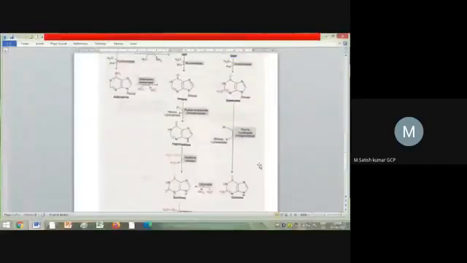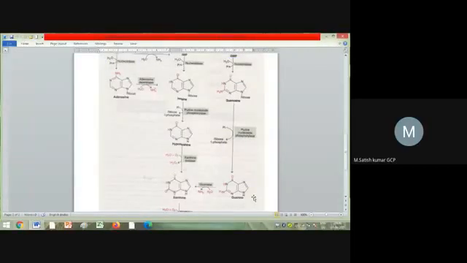Guanosine is a nucleoside, but we don't require the ribose sugar. Why? Because in uric acid there is no ribose sugar. So that's why the ribose sugar has to be separated, and in the next step phosphorylation takes place. Here the inorganic phosphate molecule is useful for attaching with ribose and forming ribose 1-phosphate, right? So the ribose will be free from this molecule, and here we can get guanine.